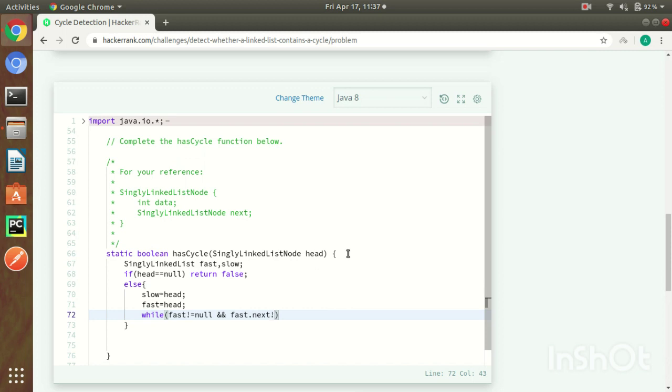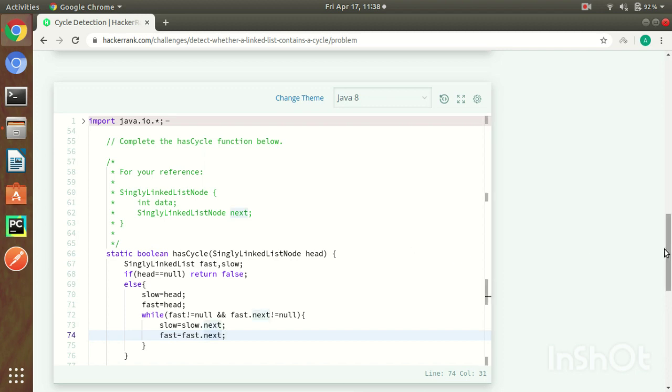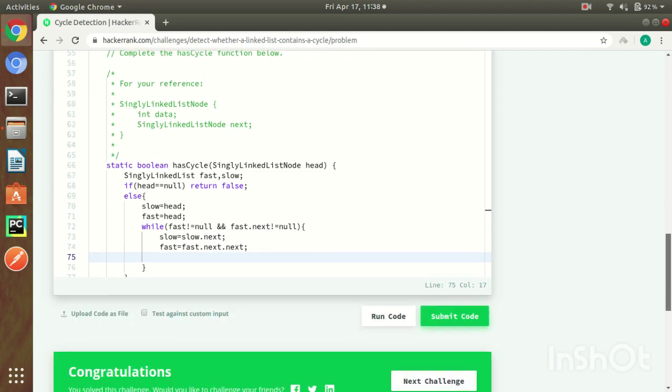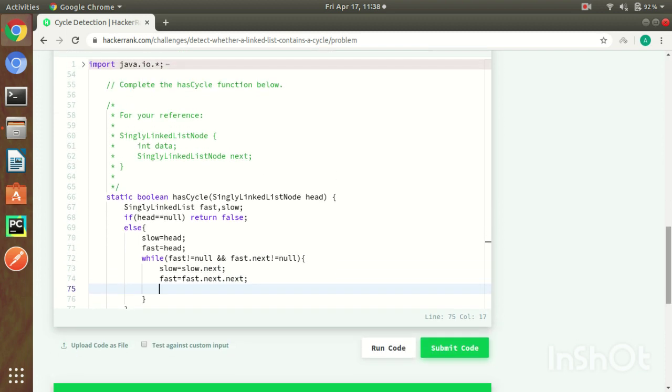So while fast is not equal to null and fast dot next is not equal to null, then we need to move the pointers. So slow equals slow dot next, and fast equals fast dot next dot next.